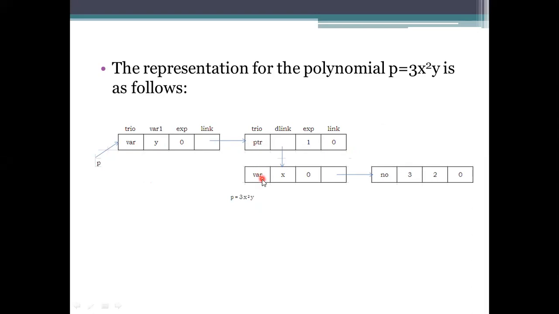And this has been taken as a variable here. Now how we have plotted here is from here to here. So here, take the value P. And then next, consider the value trio, that is having the 4 representations. What is the behavior of that one we should specify, whether it is a variable or a pointer or a number. Number means the coefficient we are using, and the exponent we are using has to be specified there. Okay.